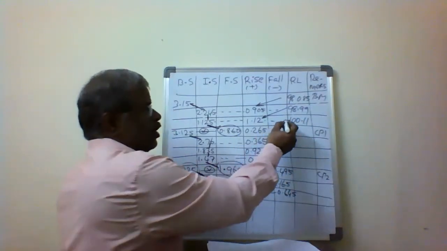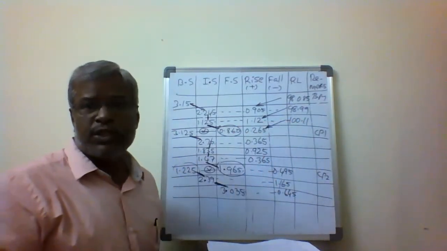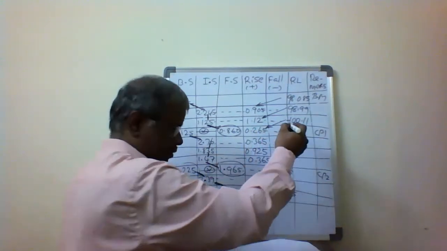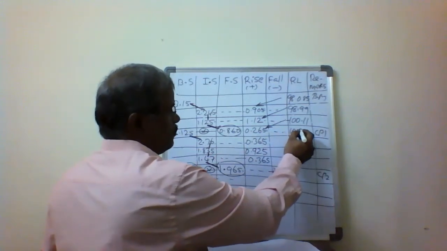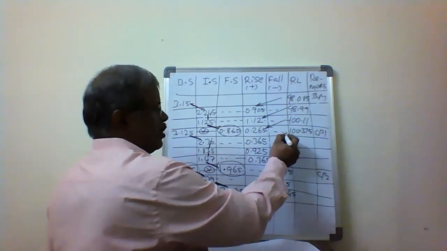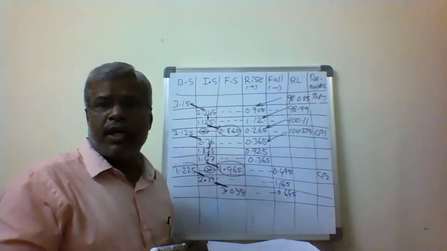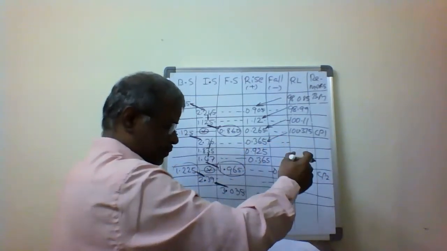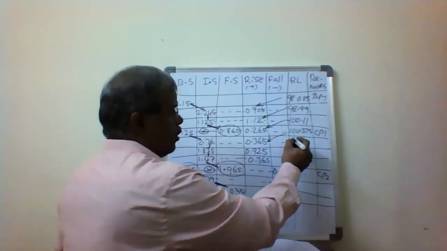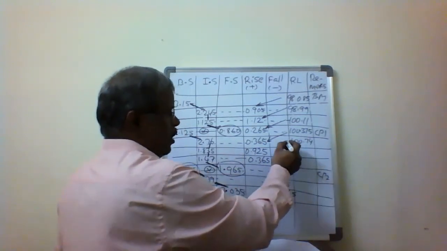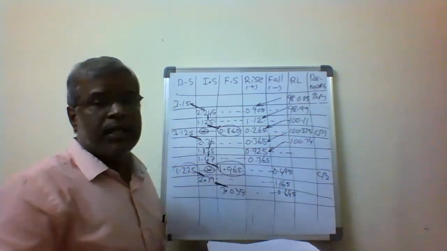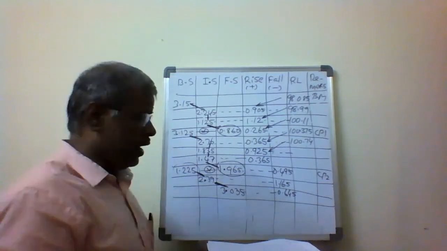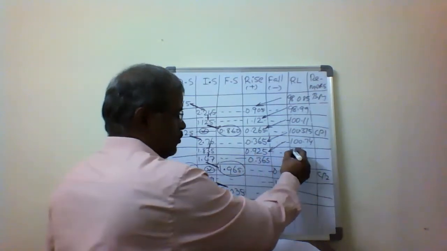Then from 100.11, once again there is a rise of 0.265. For the next point I add the rise given, and the next elevation is 100.375. The next point also is a rise: 100.375 plus 0.365 gives 100.74. Once again there is a rise of 0.925. We add 100.74 plus 0.925, and we get 101.665.